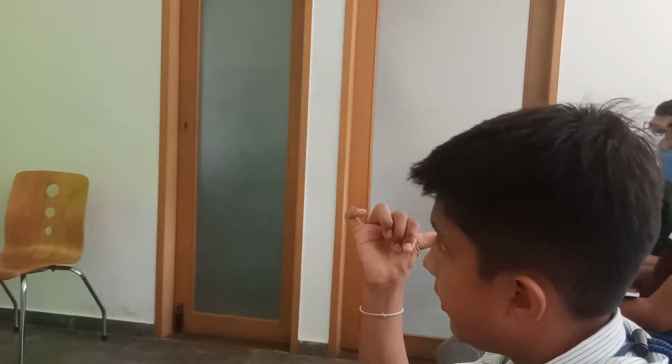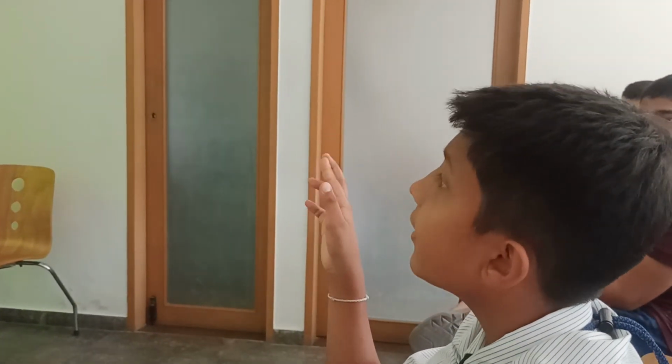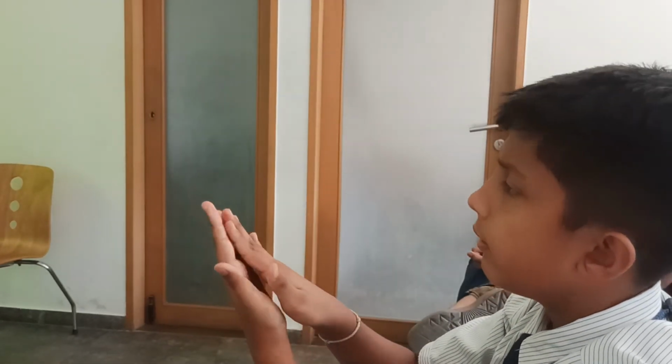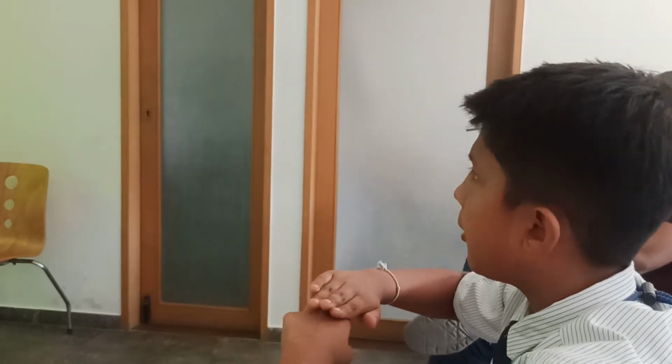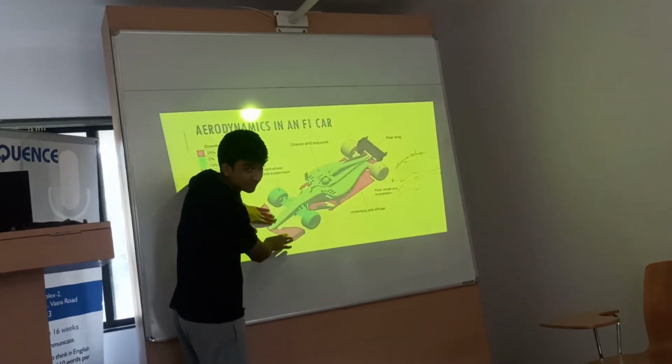Also, related to what he said, why doesn't an F1 car have a pointed nose like the Concorde? Now let's say there's a front wing over there. Why doesn't it have a pointing nose? It would cut through air easier. Let's imagine no front wing. Okay, this is what you're saying, right? The front wing is not there.